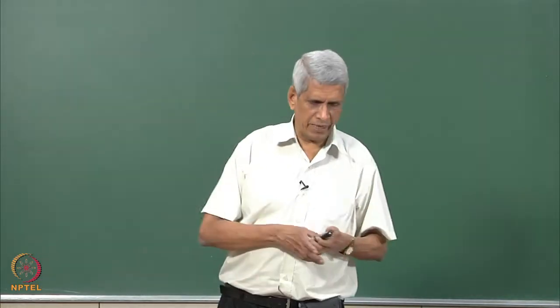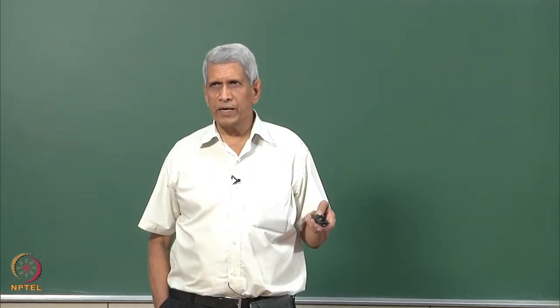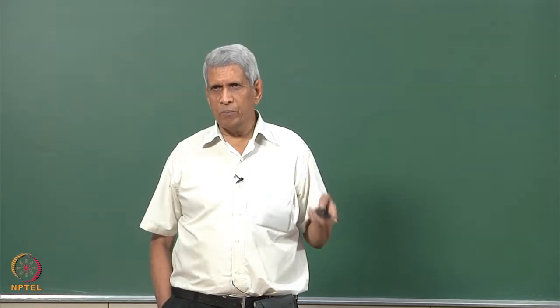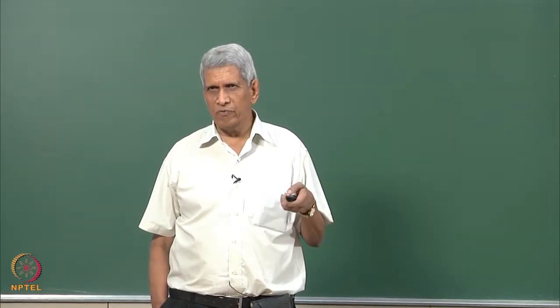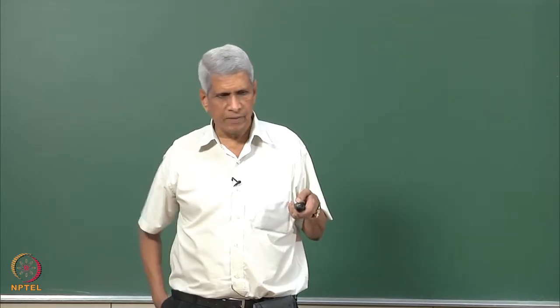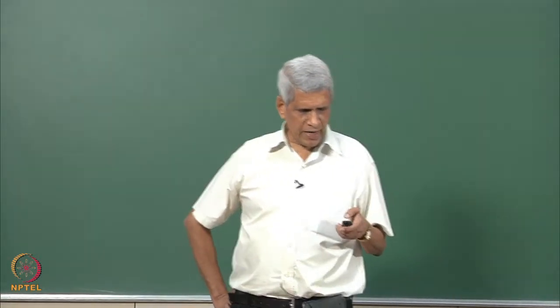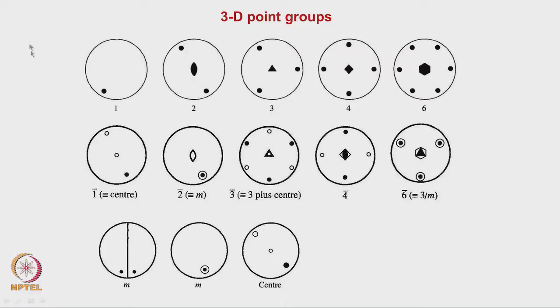Looking at the type of symmetry elements, one can talk about what is the sort of property which the crystal will exhibit. How to construct the stereogram for different point group symmetry elements, that we have done as an exercise in the last class. That is what I had shown here. This is a one-fold symmetry. Then a two-fold symmetry, where the point which we take is rotated once by 180 degrees and then again rotated. This is the symbol which corresponds to two-fold symmetry. Like this, we can have three-fold, four-fold, six-fold.